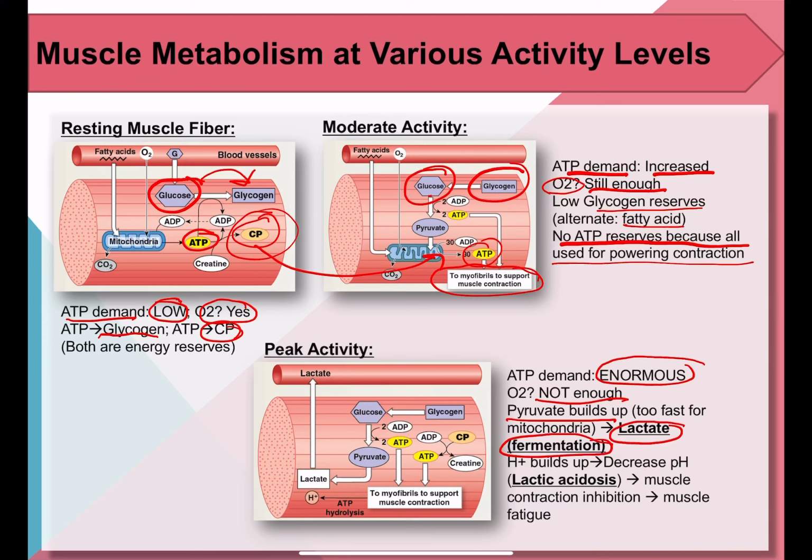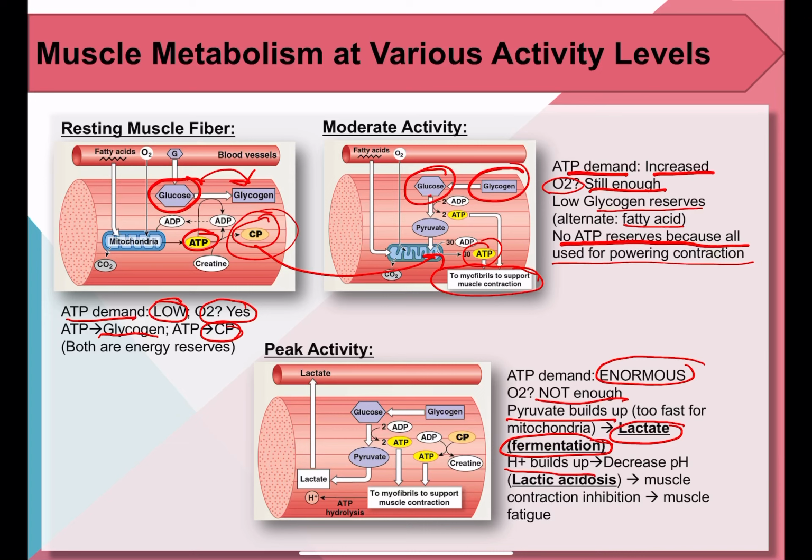Again, you generate less ATP, but at least it's a way to generate something, and also free up your NADH and FADH2 to pick up more electrons for the electron transport chain to work properly. You can't have them all held up by not being able to go through the electron transport chain. All right. But the caveat of this lactic acid fermentation, or lactate fermentation, is that you will have hydrogen ions